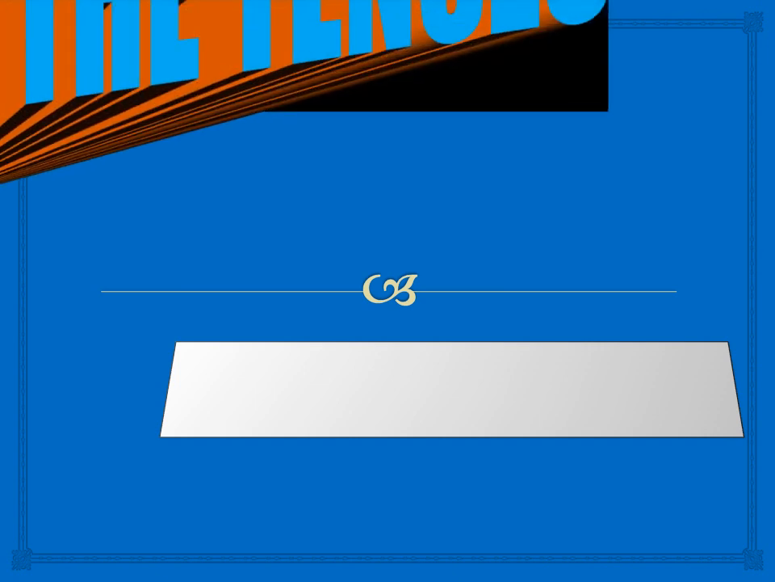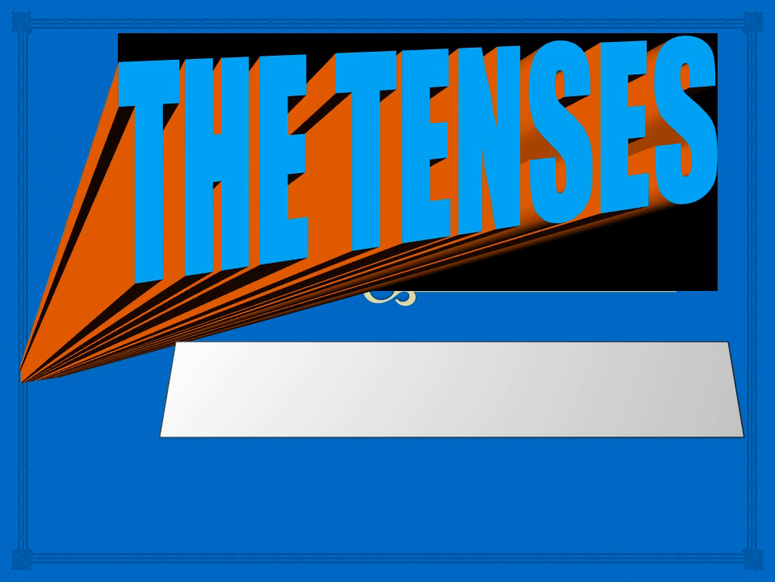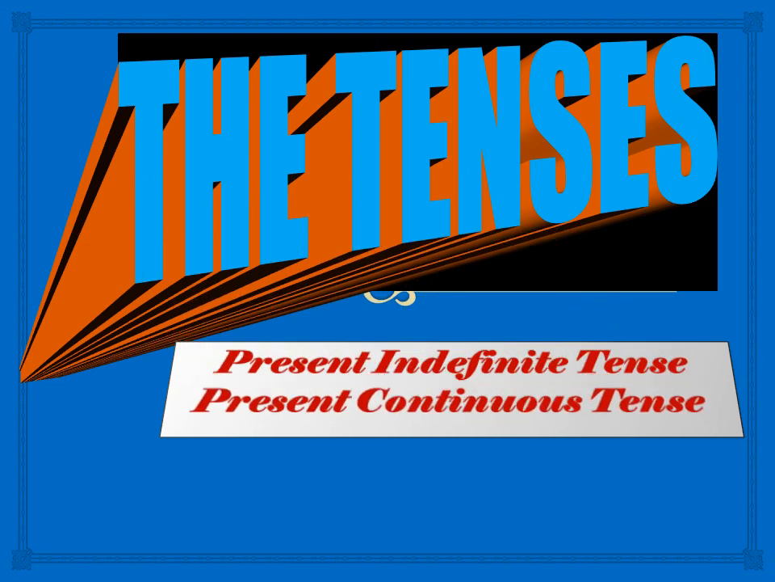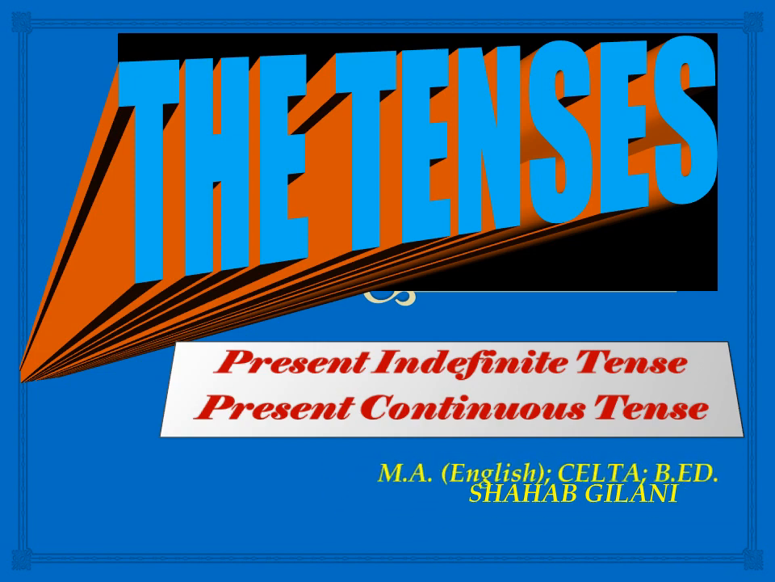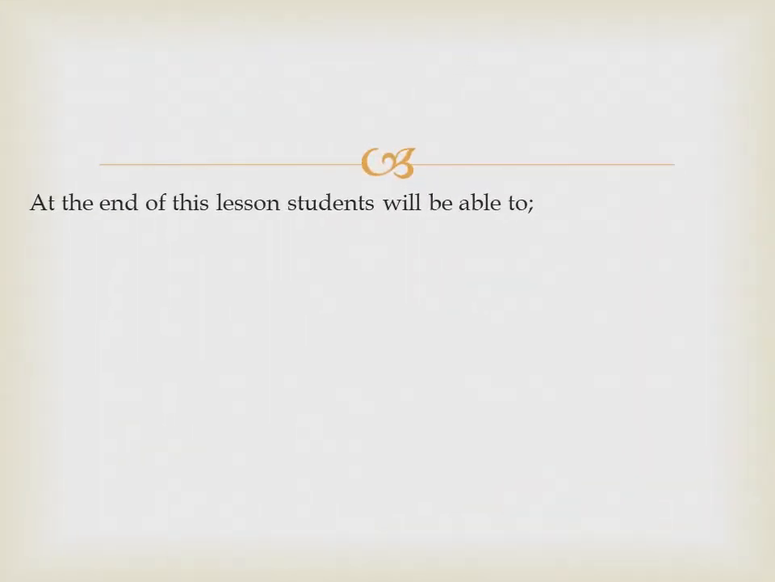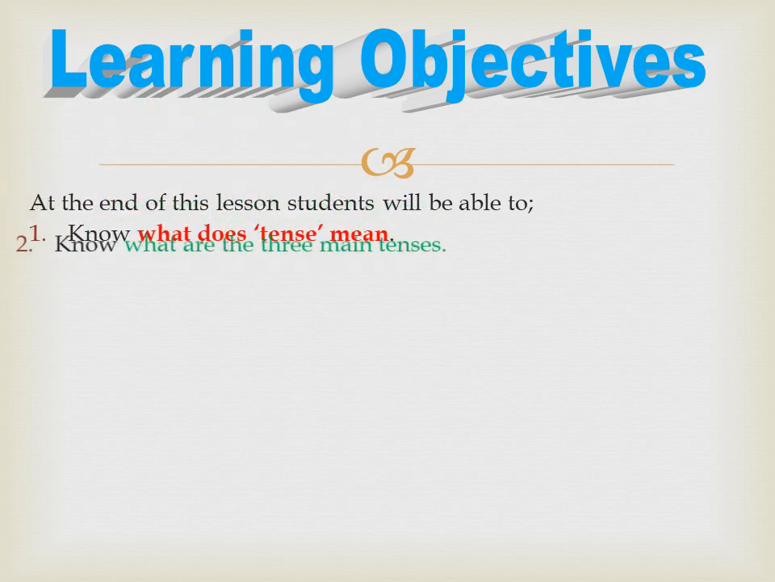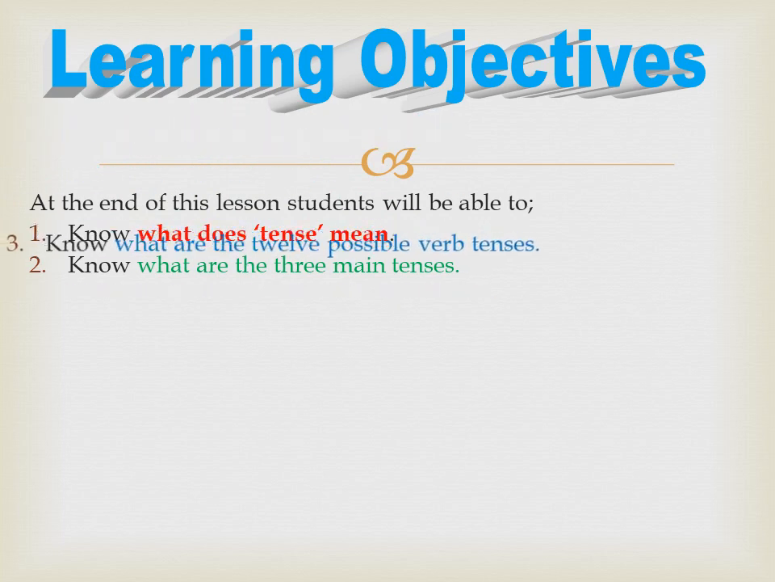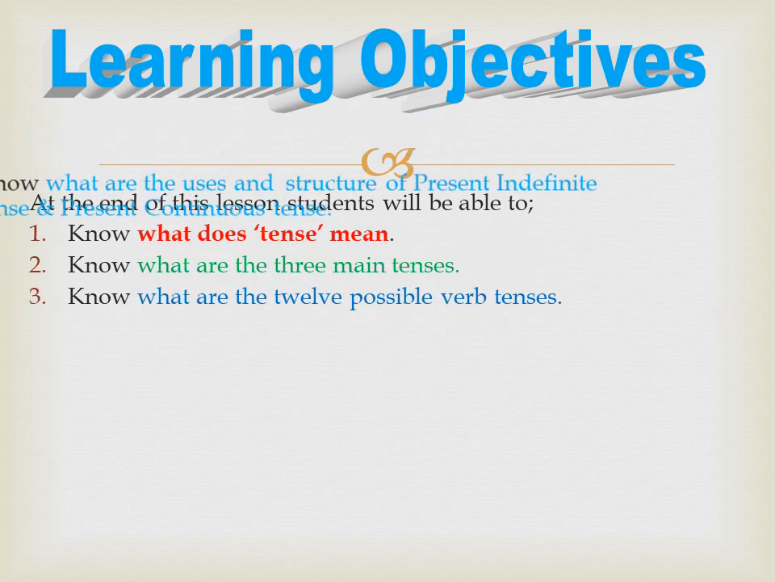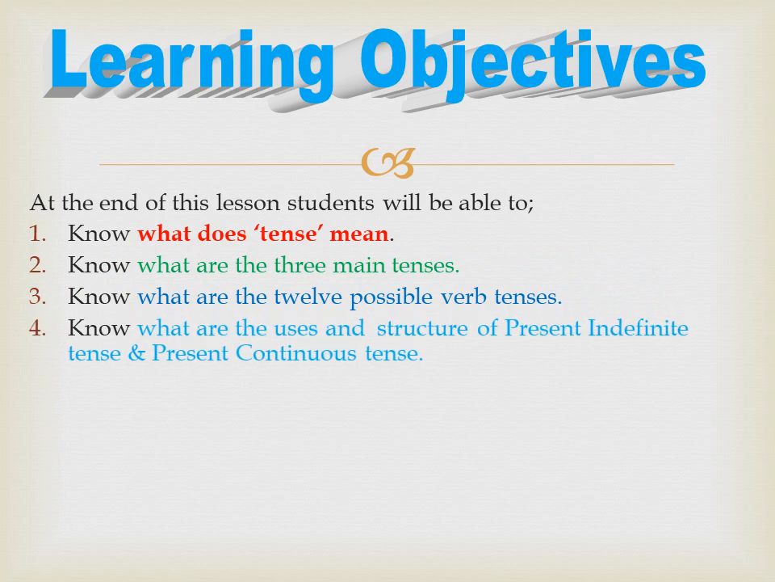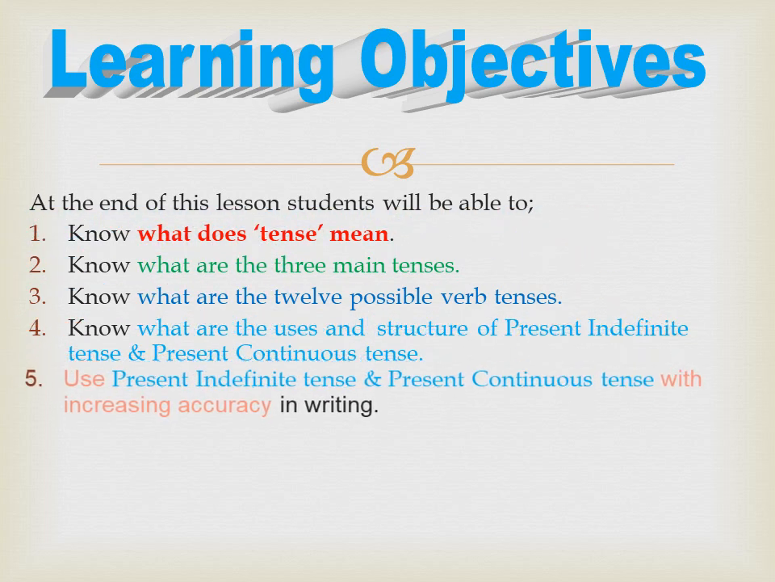Dear students, our today's lesson is the tenses. In this lesson, we'll learn about the uses and structure of present indefinite tense and present continuous tense. At the end of the lesson, you will be able to know what does tense mean, what are the three main tenses, what are the 12 possible verb tenses in English language, what are the uses and structure of present indefinite tense and present continuous tense,